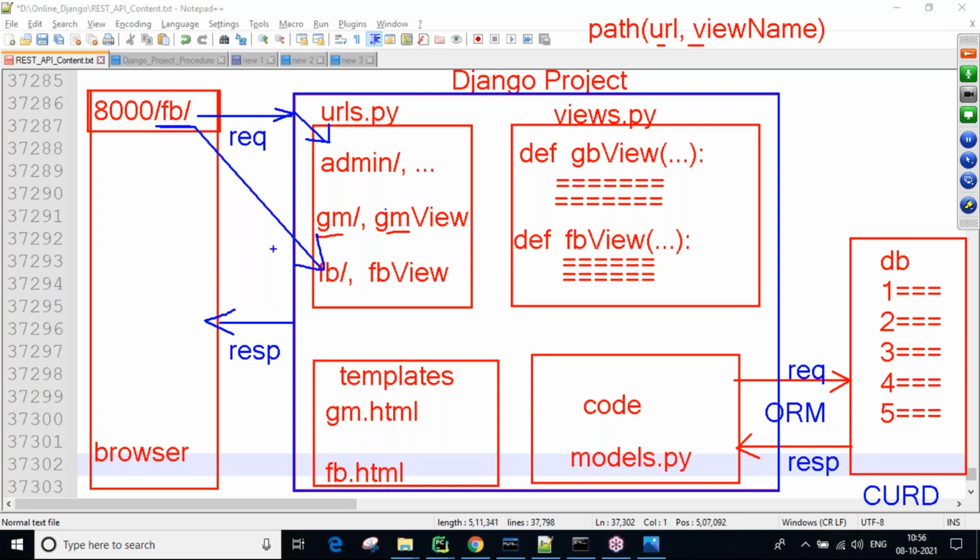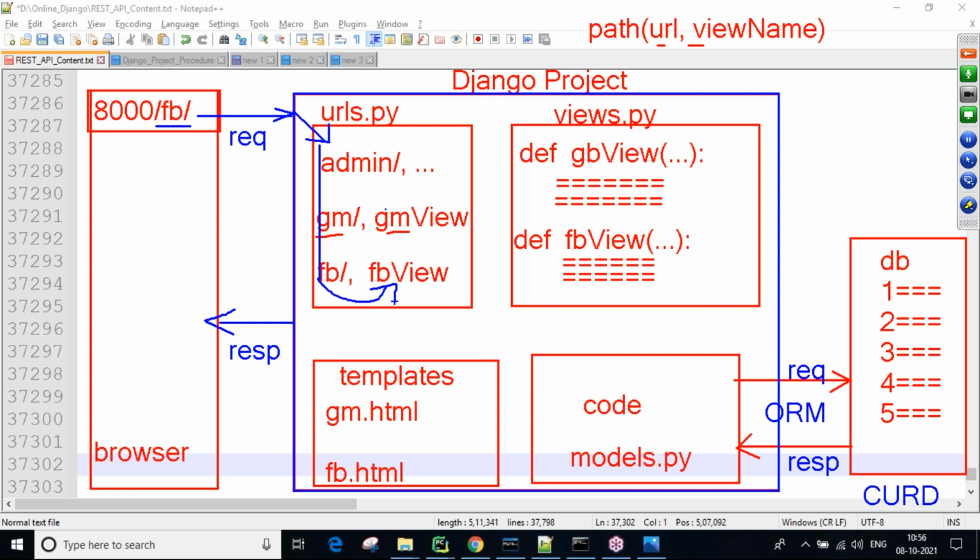So whenever we send a URL from the browser, it first reaches urls.py and is checked one by one from top to bottom. Whatever URL is matching, the corresponding view is executed. If Facebook is sent, the Facebook view executes; if Gmail is sent, the Gmail view executes, like that.